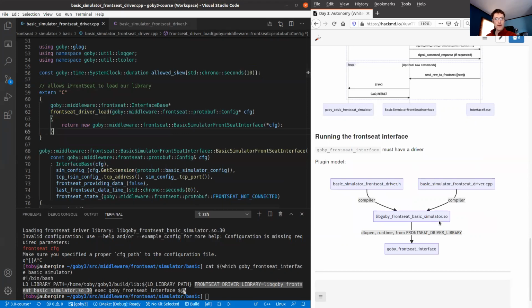And so when you pass that to Goby front seat interface using this front seat driver library variable, it will open this library, call this function, and that loads up your driver. So it's a mix of compile time and runtime. And it's done this way so that you can write drivers for your vehicles using the open source project without having to share that code with the project. Though obviously it would be much appreciated if you do have drivers you can open source to contribute those back.